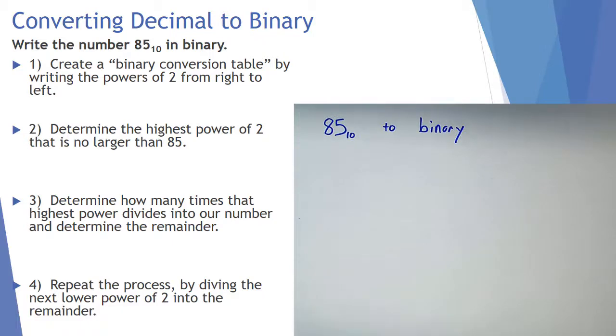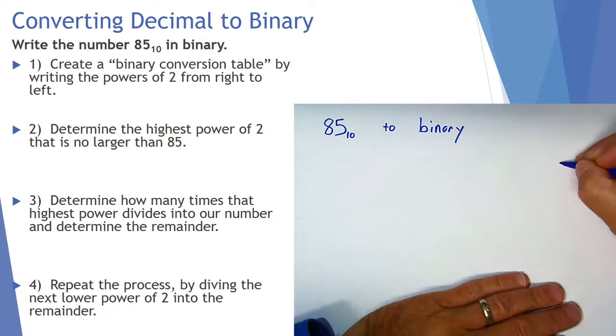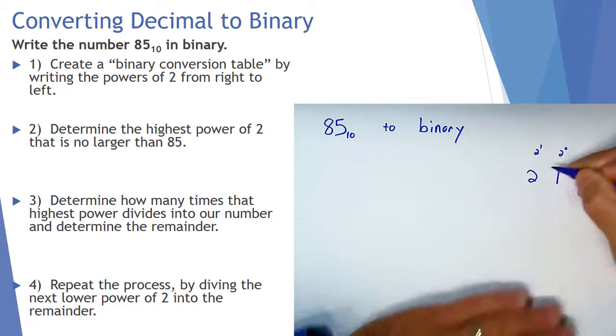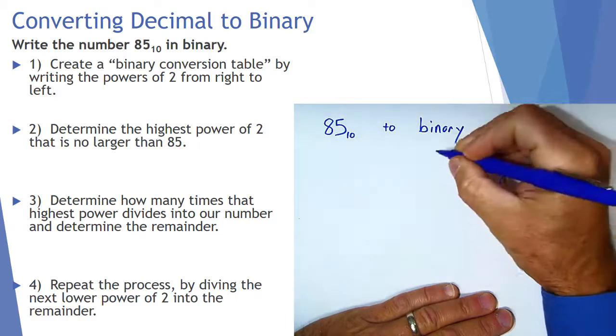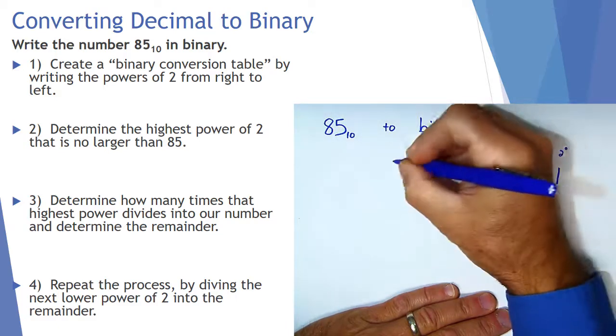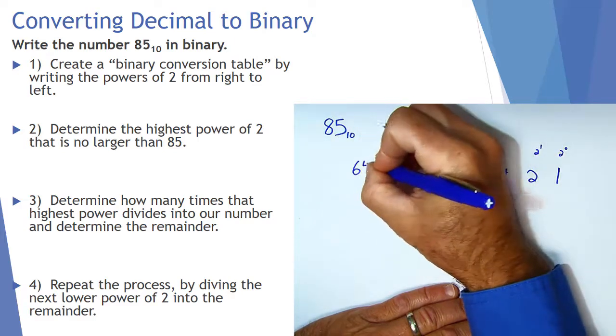There are a lot of different techniques for doing this. If you find an alternative method that you like, go ahead and use it, but this is the method I prefer. The first thing we do is we create a binary conversion table of sorts by writing all the powers of 2 from right to left. So if we write all the powers of 2, we'd start out with 2 to the 0, which is 1. 2 to the first power, which is 2, and so on. 4, 8, 2 to the fourth is 16, 2 to the fifth is 32, 2 to the sixth is 64,